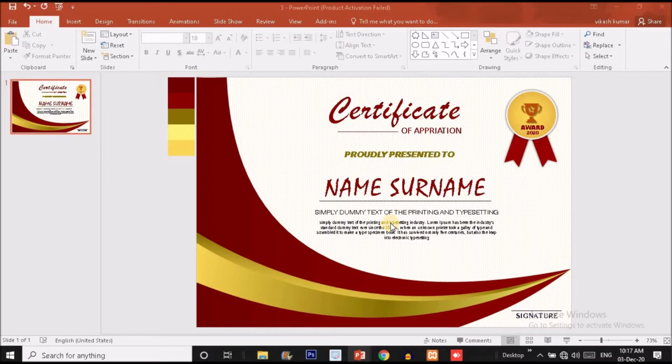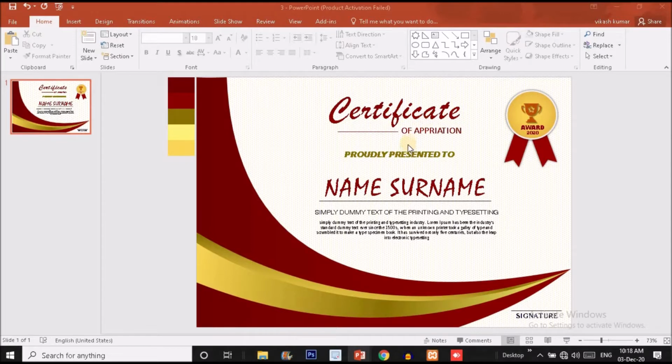So as you can see here, I have created this design and added some curve look over here and filled the curve with some gradient fill options. And you can see at the right top a logo is presented over here. Actually this is an award logo, a custom logo created by me, and you can also create it very easily guys.